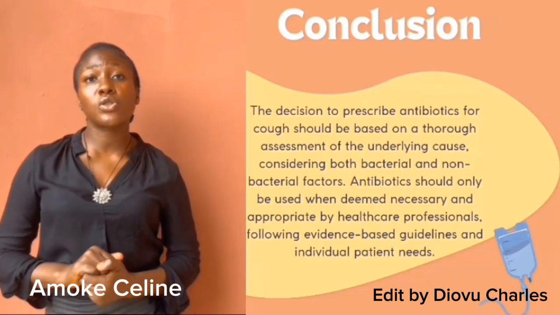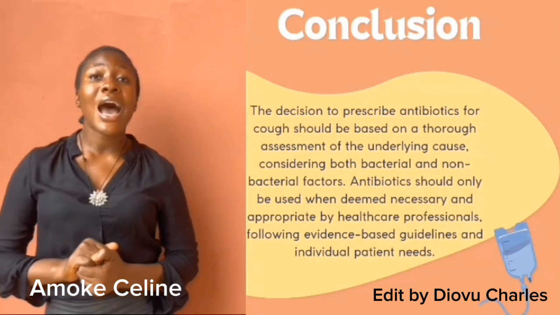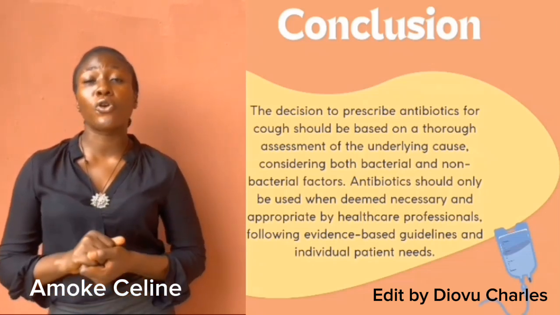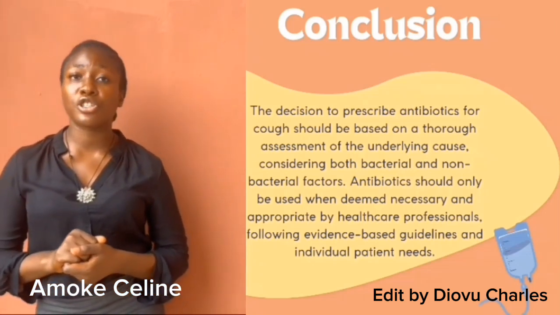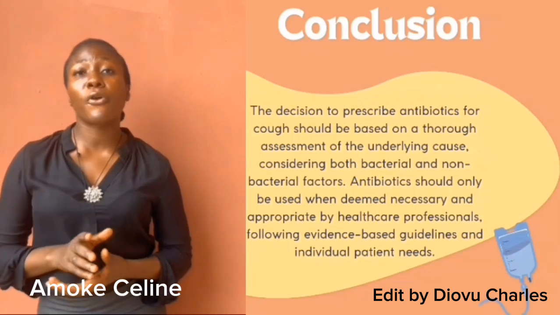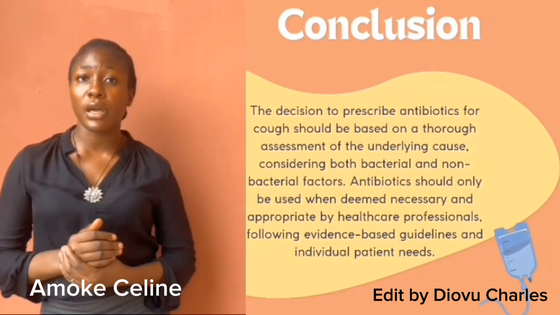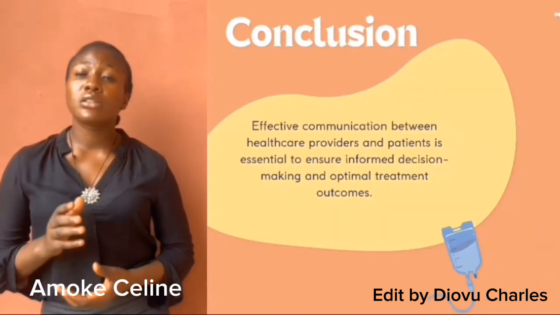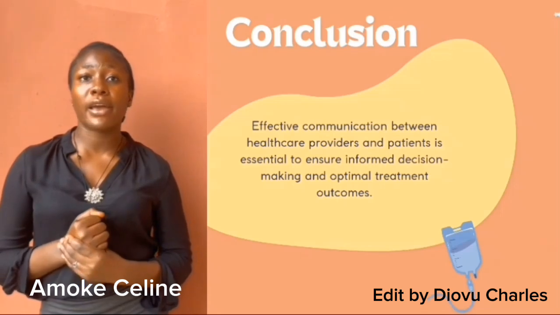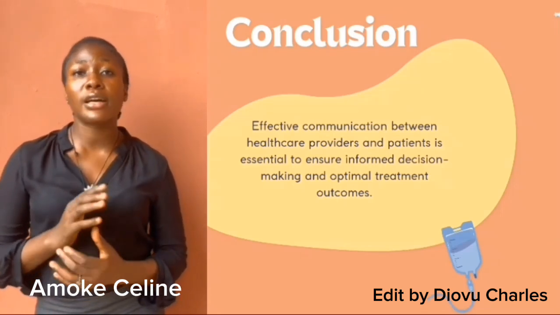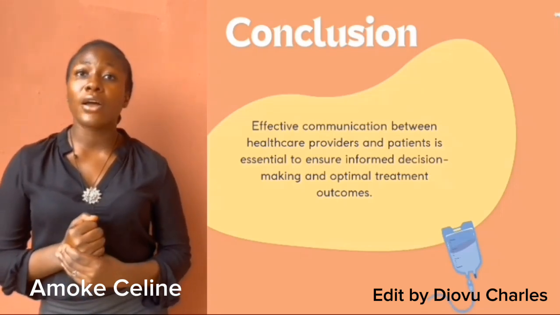It is essential to use them judiciously. However, it is also vital to follow the proper dosing and duration for these drugs to avoid resistance and side effects from them. In addition, these drugs should be used when prescribed by a healthcare provider to avoid antibiotic resistance and also for